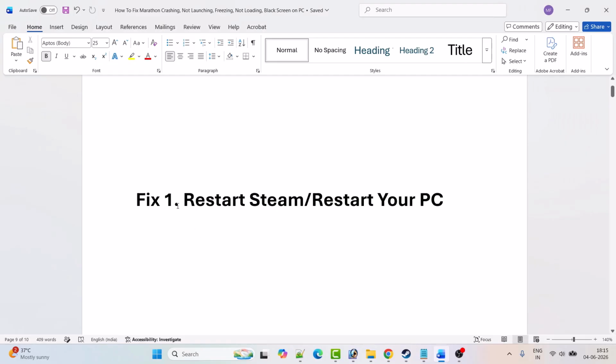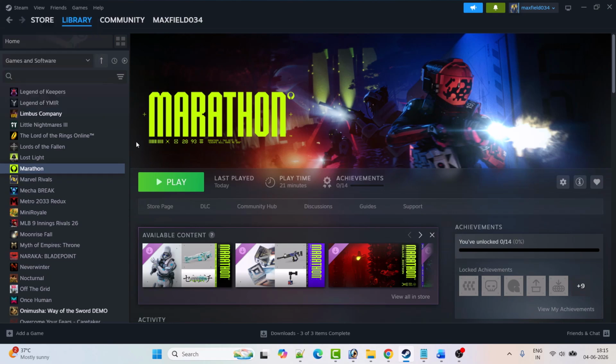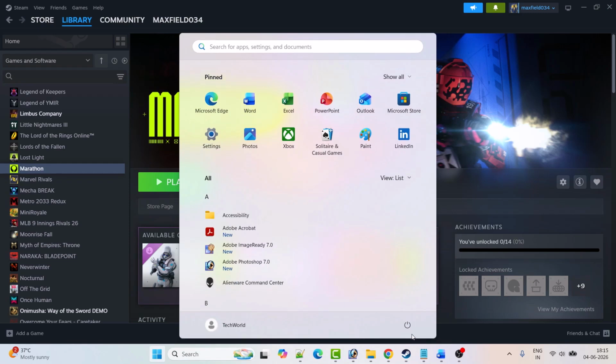Now the first fix is to restart Steam or restart your PC. So click on this word Steam and then click on exit. This will exit Steam. Then relaunch Steam, launch the game and check. If that doesn't work, then just restart your PC once, and after your PC restarts, go ahead, launch the game